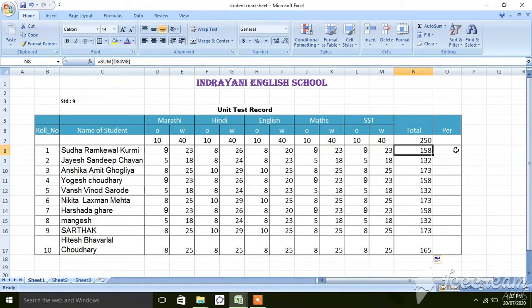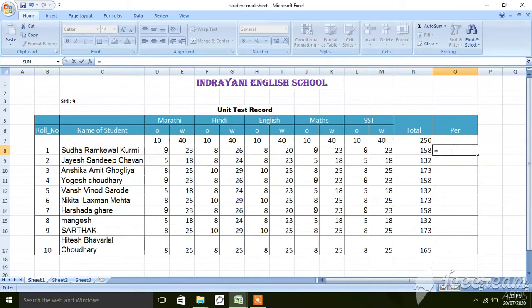Now we will see how to calculate the percentage. So for calculating the percentage we will use a formula. The formula will be equal to, bracket. Generally, how will we calculate percentage? If the total marks are 250, 250 means 100, so for 158 how much percentage will there be?